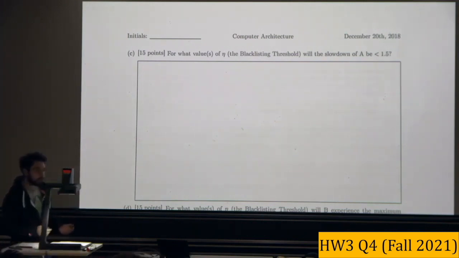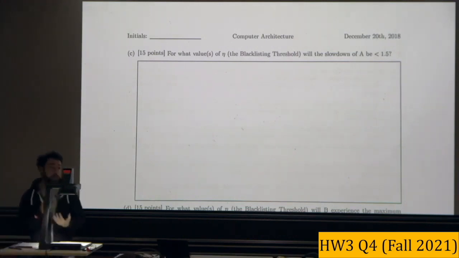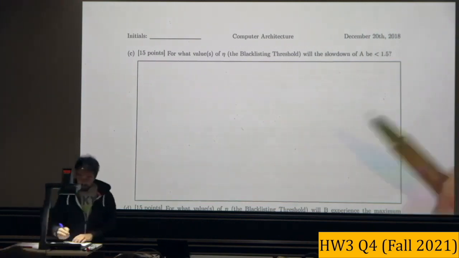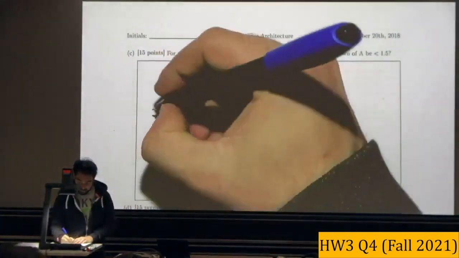But this cannot happen, given the memory requests that we have. If you see it carefully, this cannot happen. We cannot have application A running, B blacklisted and A not blacklisted. This is impossible. If you check the patterns, it's impossible